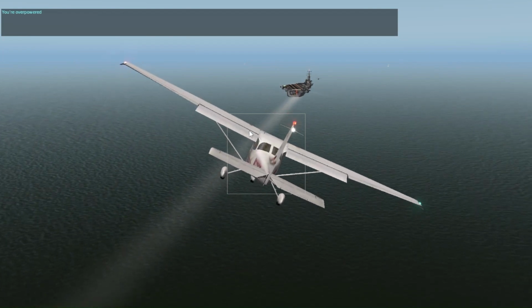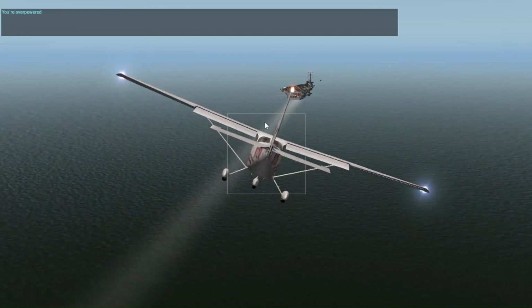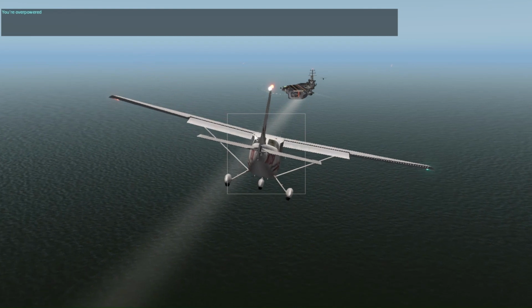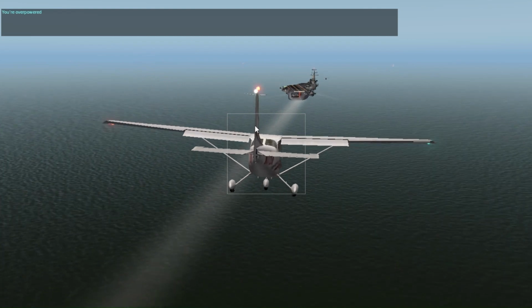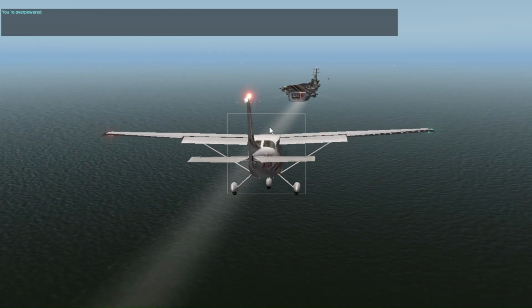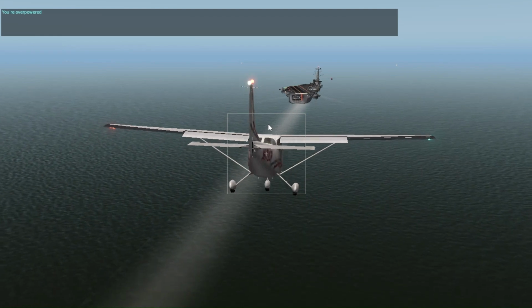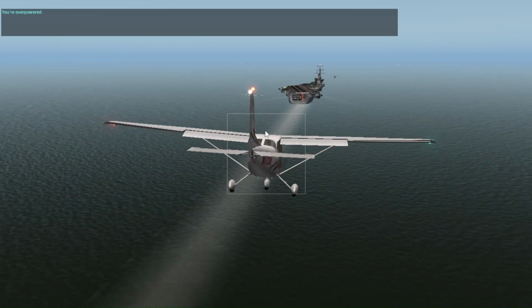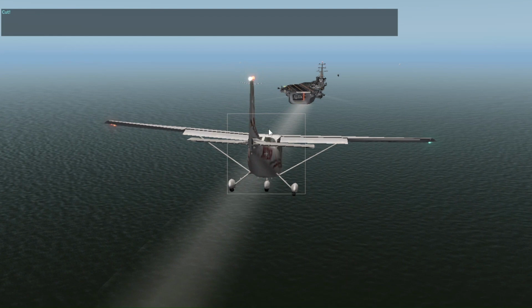You're overpowered. So this week, we decided to try and land a plane on an aircraft carrier. I've lowered my flaps to try and increase drag. I'm slowly decreasing throttle. I'm currently very overpowered. So I'll try to bring it down to a nice glide so I can just glide my way onto the